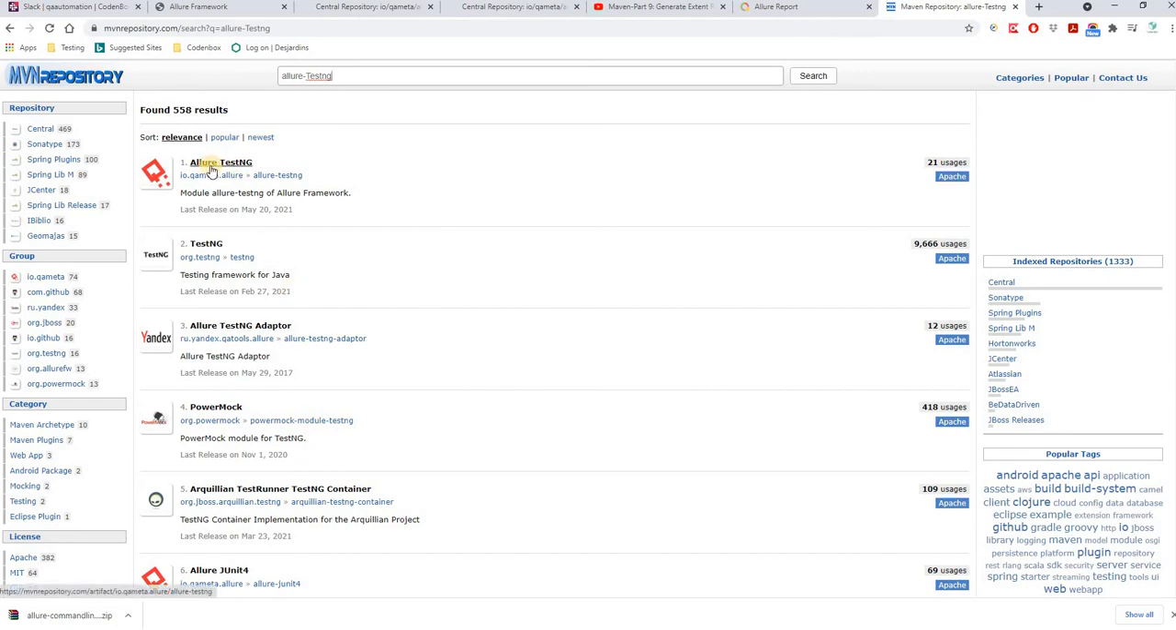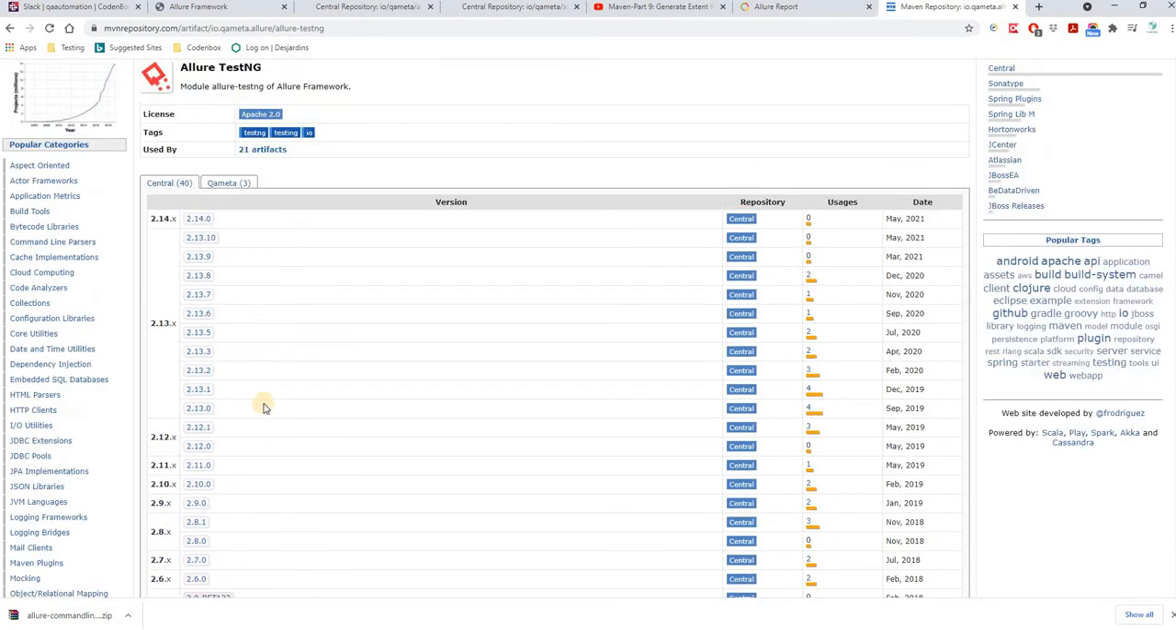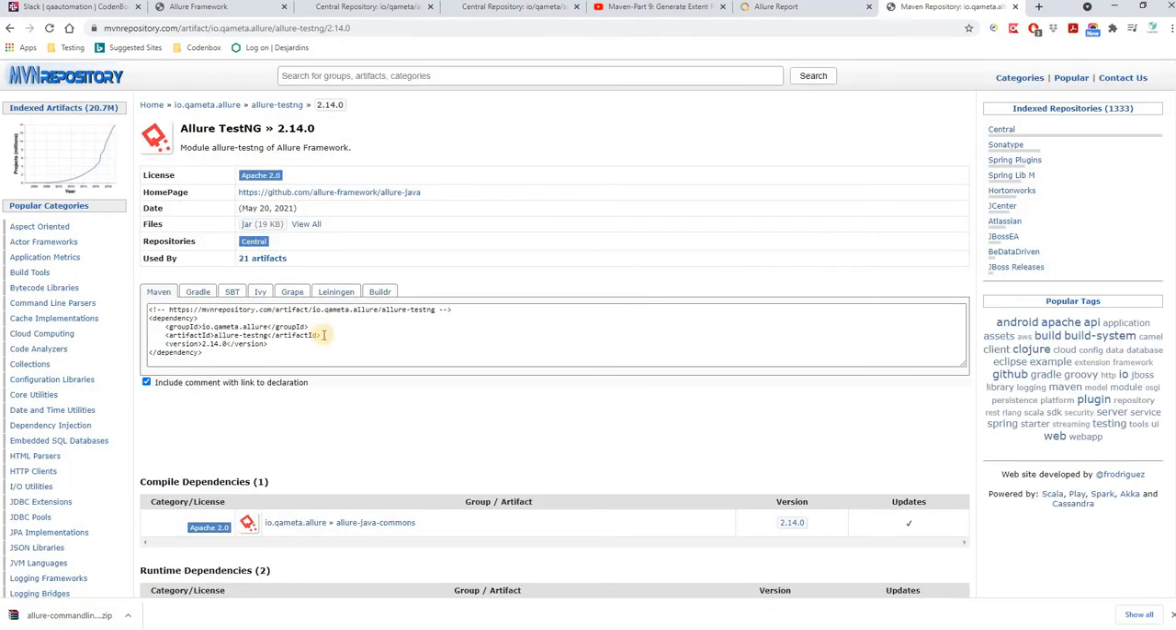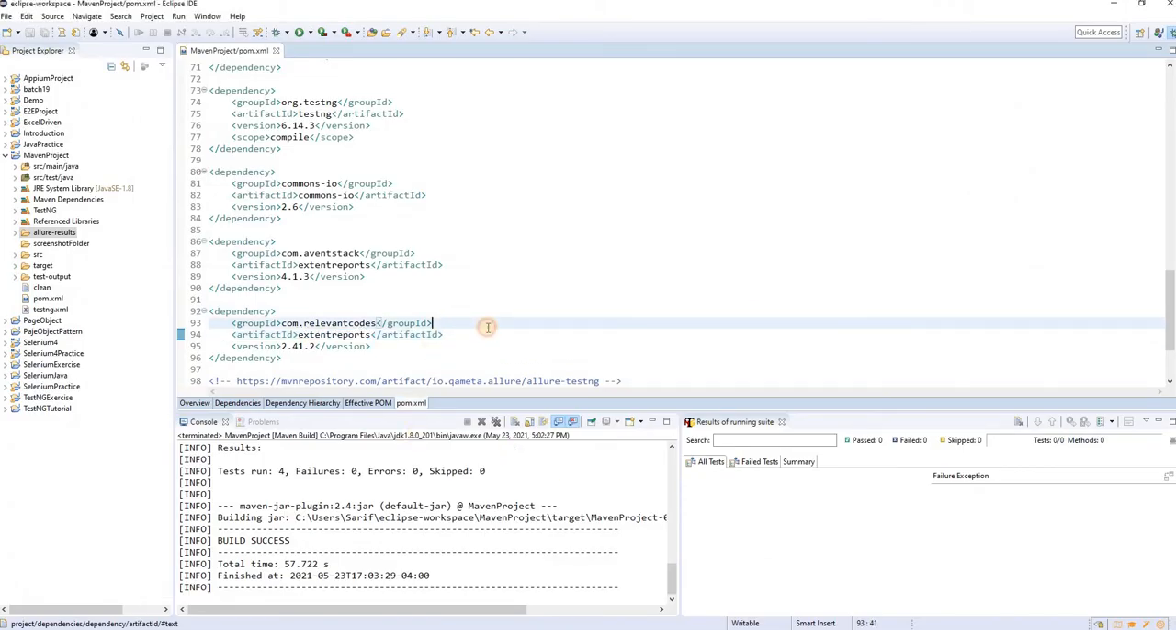So this is the one, allure-testng. Click on it. Go with whatever version you feel, whether you go for 2.14 or 2.13. I would say let's go for the updated version, probably 2.14. Then, instead of the jar, we're going to copy the dependency code, and then come back to your